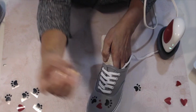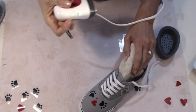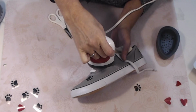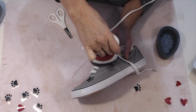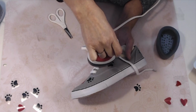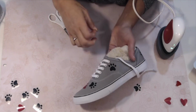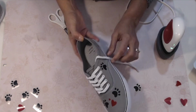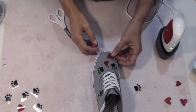So I'm kind of eyeballing here to make sure that I've got these lined up in the same area. I'm going to go ahead and, oops, I need to move over my towel. And I'm going to just press along there. Same deal. I think these are just going to turn out so cute. Okay, got that one on, and peel it off. So what do you guys think? Let me turn it and face it towards me. Trying to decide if I want to add more or,